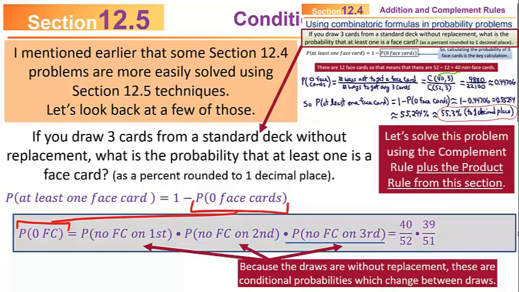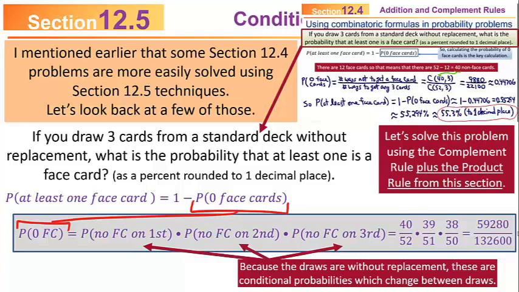By the time you get to the third draw, you're down to 38 non-face cards in the deck with only 50 cards in it. So the probability of getting no face cards by the product rule is simply the product of 40/52 times 39/51 times 38/50, which comes out to be 59,280 over 132,600. Now this particular problem asks us to calculate and leave the answer as a percent rounded to